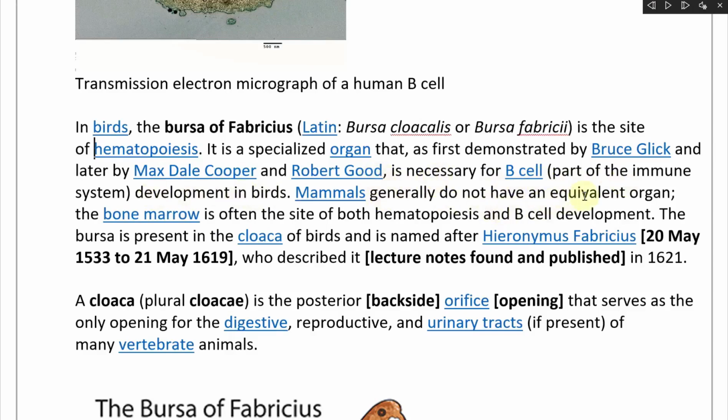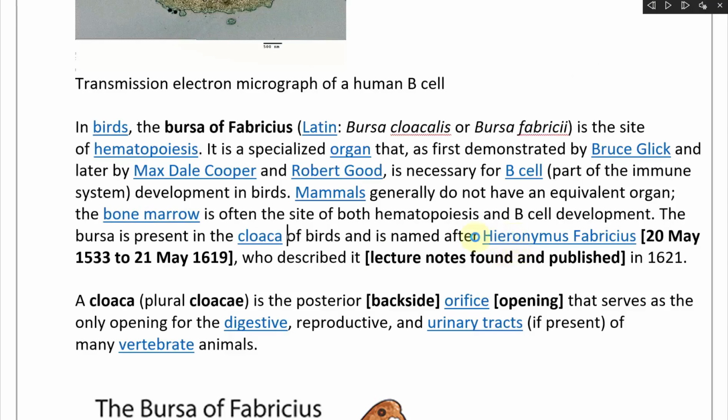Mammals generally do not have an equivalent organ. The bone marrow is often the site of hematopoiesis and B cell development. Hence why it's commonly called bone marrow, even though it came from the bursa, right there, the B cells. And B cell development in the bone marrow. The bursa is present in the cloaca of birds and is named after